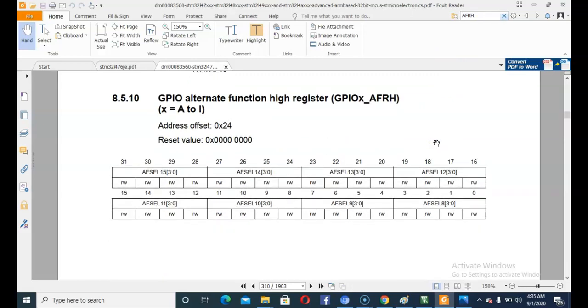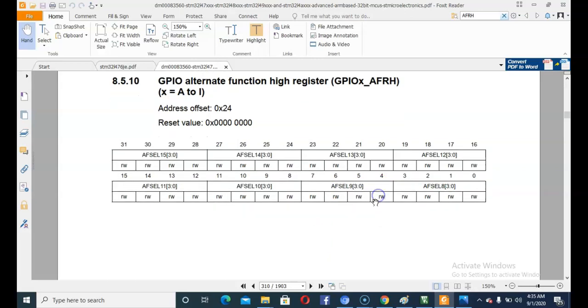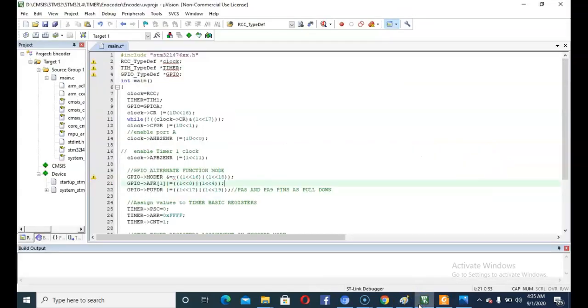So this is the PA8 mode set, and this is for pin number PA9 mode set. So we want the AF1 in both these values. So we need to set the 0th and 4th bit.